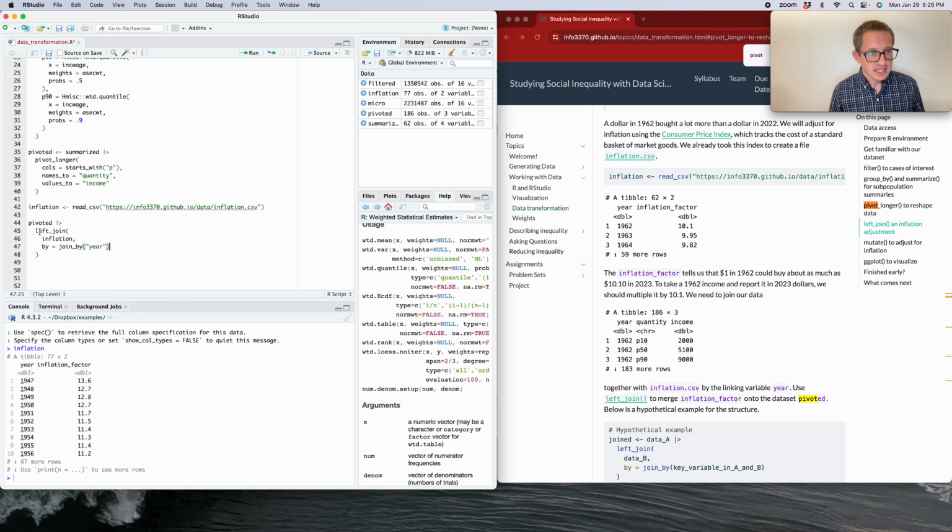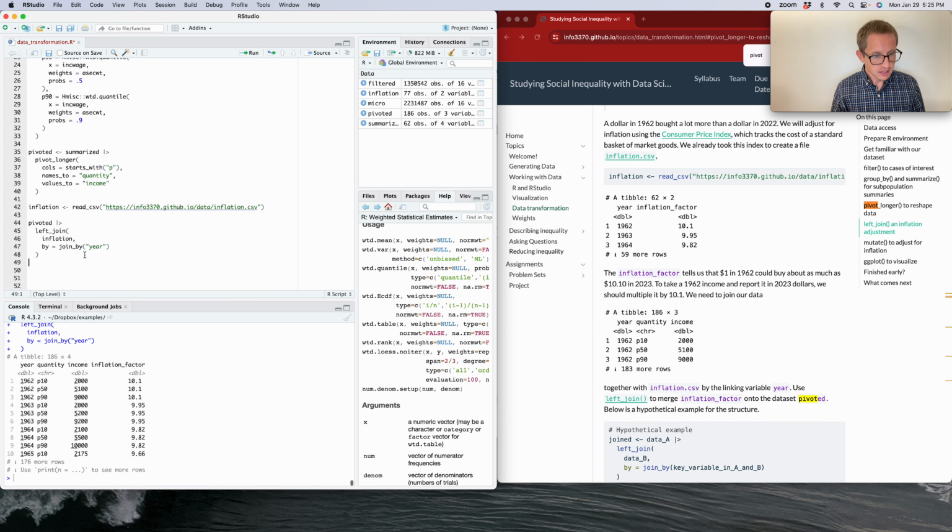Okay, so this is going to tell it to take the pivoted data frame, and then for each row, go find the row in the inflation data frame that has that same year and append that last column onto the data set. So if we go ahead and run this, we see that it works. We now have 3 rows corresponding to 1962 with 3 quantities and income, and they've all got this inflation factor